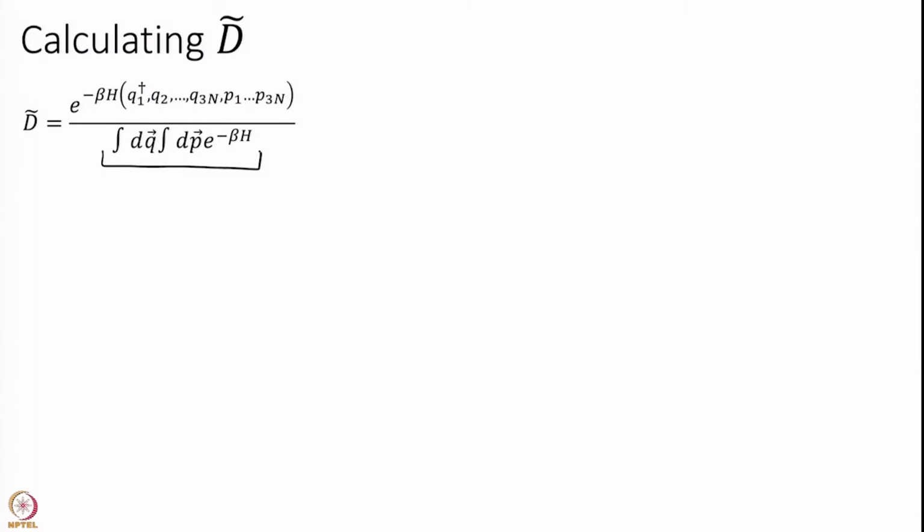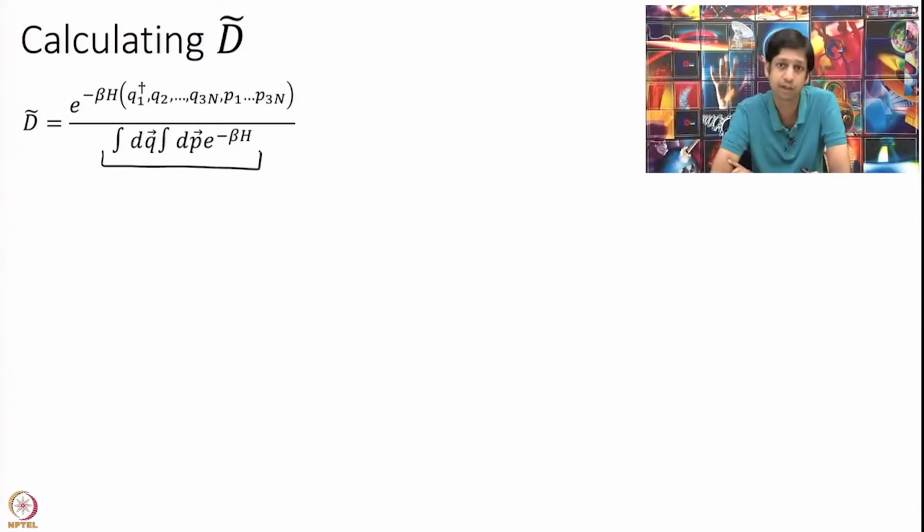One important thing that I want to bring about this denominator is that this does not integrate over all coordinates. This is a hard concept to understand. Remember what we are doing. We are looking only for transitions that occur from reactant to product. To do that, we basically get rid of all population on the product side. We only have population in our reactants, and we are looking at how many trajectories are becoming products.